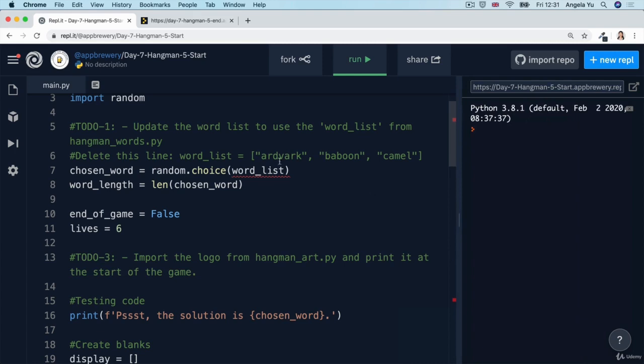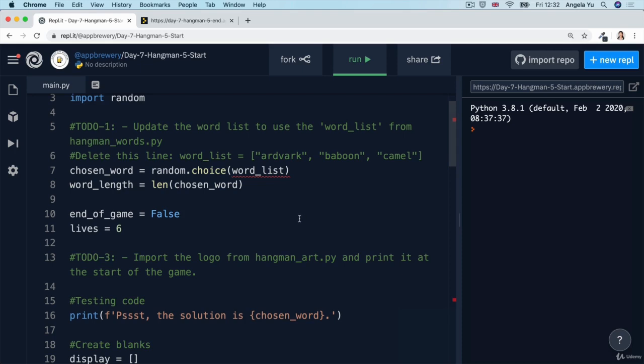And in fact, the words were chosen so that if you see 7 characters and you know it's aardvark, 6 is baboon, 5 is camel, to make it easier for you to debug the code as you're creating it. And very often when we're writing code, it's really important to help yourself when you're creating the code, and only once you've got all the logic down and everything's working as expected, then to actually add the full